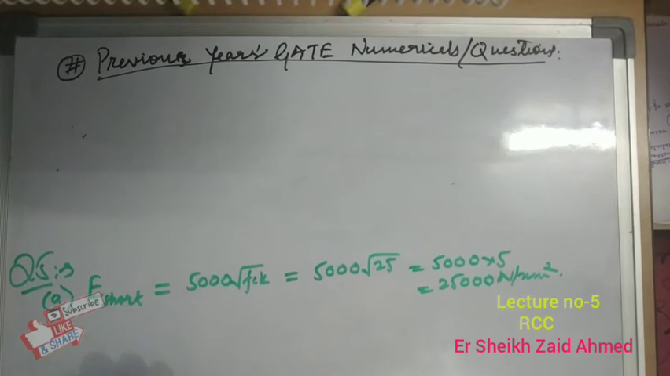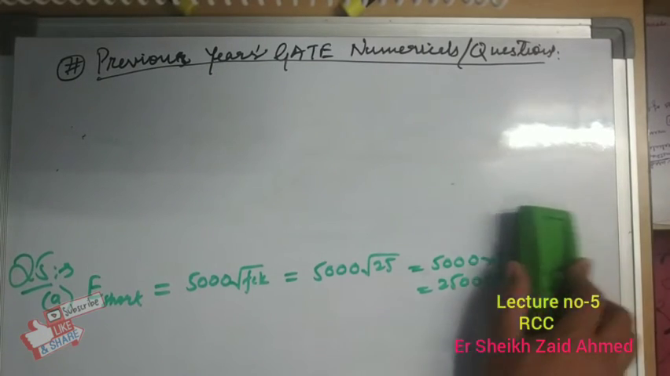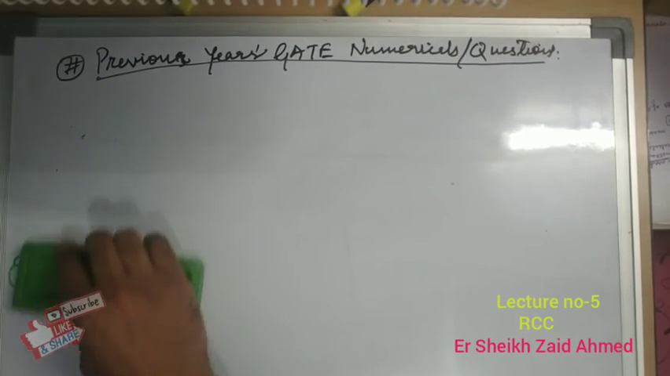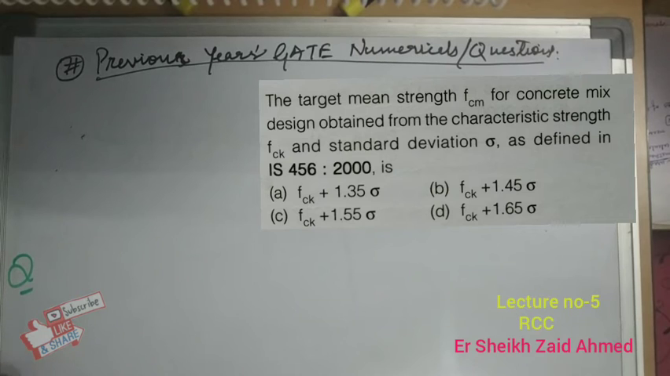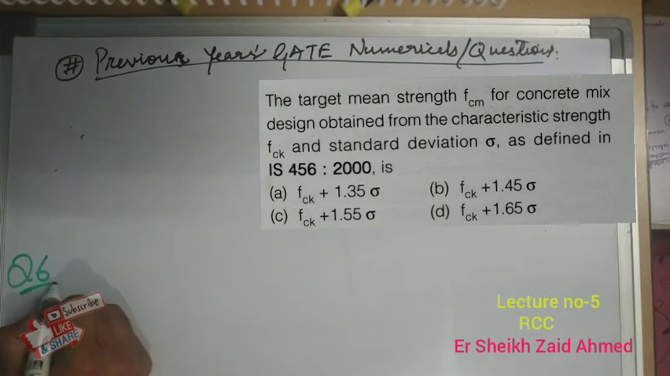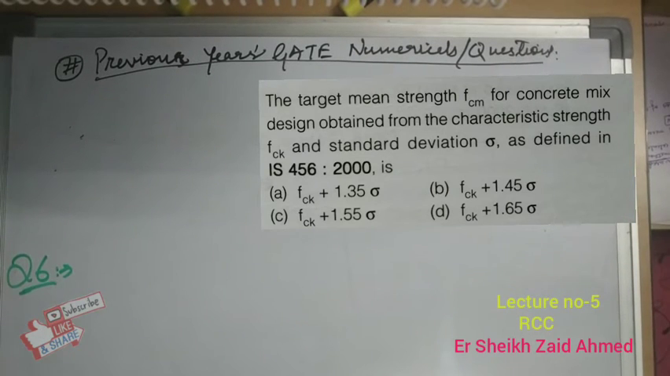So this was the numerical on short-term modulus of concrete. So moving on to the next question. The next question says, the target mean strength FCM, he has represented it by FCM, for concrete mix design obtained from the characteristic strength